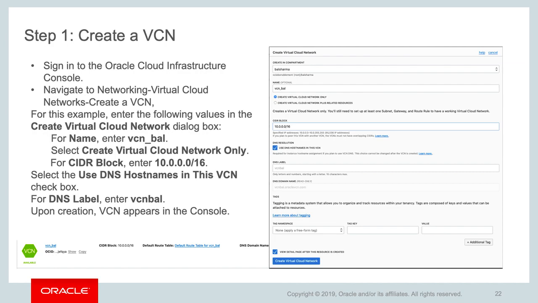In order to create a VCN, you will have to sign into your Oracle Cloud Infrastructure console, and then navigate to networking. Inside you will find virtual cloud networks, and you need to create a VCN. In this example, I have given the name VCN_BAL. You need to select the virtual cloud network only. You need to specify the CIDR block. You are going to use the DNS host name in this VCN checkbox. For DNS label, automatically it will get it from the name you specify. So once you provide all these details and click on create virtual cloud network, you will see that it is appearing